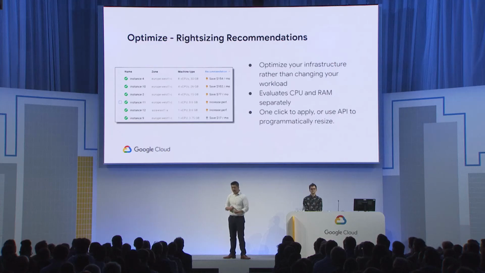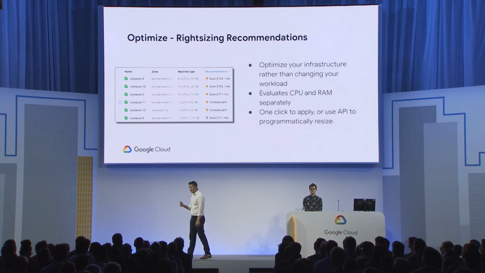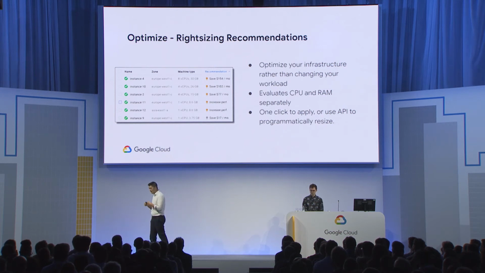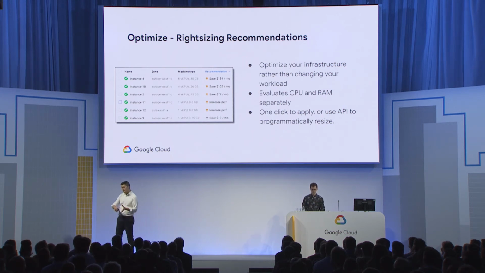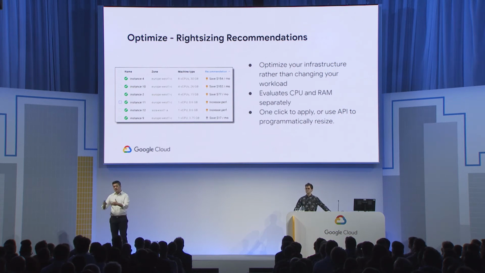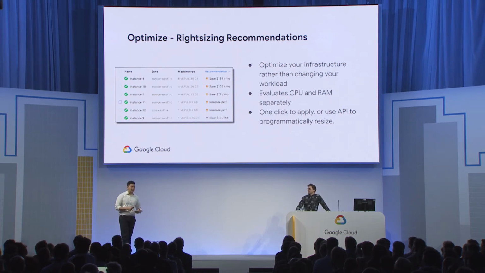And so what we have here is right-sizing recommendations. I just want to spend a moment on this because I think this is kind of a microcosm for how we approach and think about costs on GCP. But right-sizing recommendations, you'll see, we will actively surface for you when we think you are spending too much money on your instance. So if you have an instance that's configured at maybe 32 cores, because that's what you were running on-prem, maybe on another cloud, and you've moved it over, and actually you only need 20, right, or only 22,